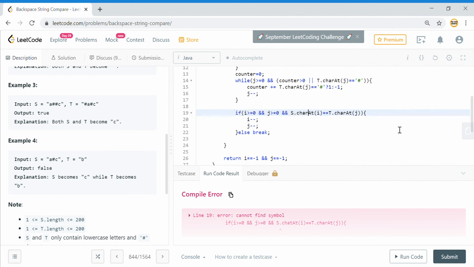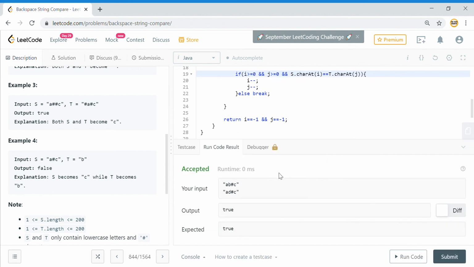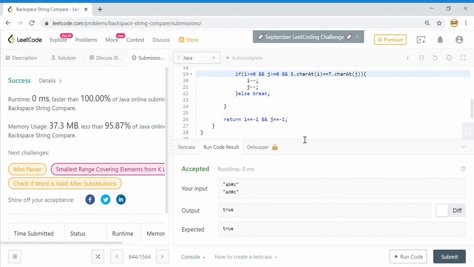Oops, that was really silly. So this solution is accepted. Let me submit this. And yeah, it is accepted.